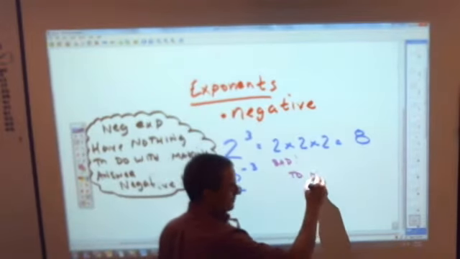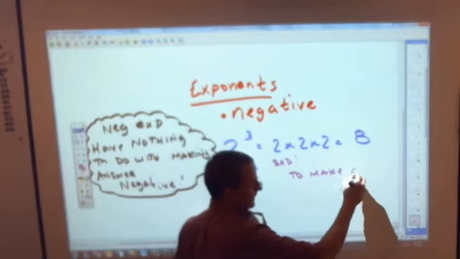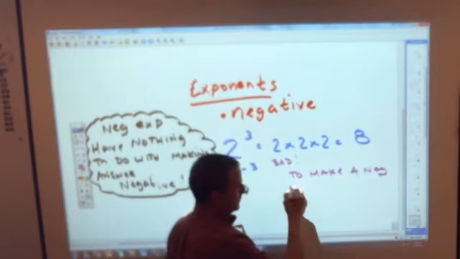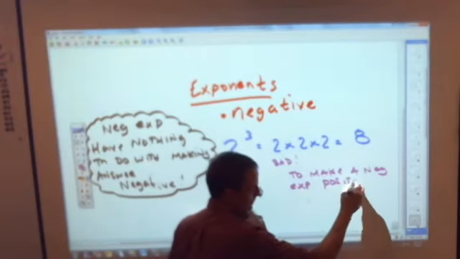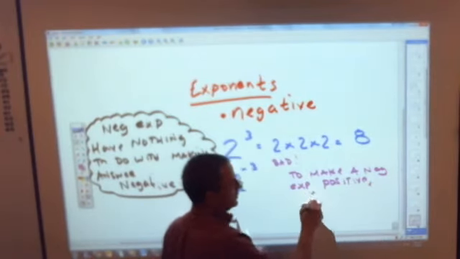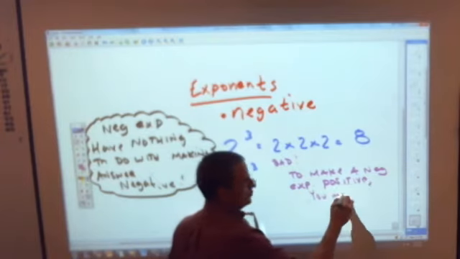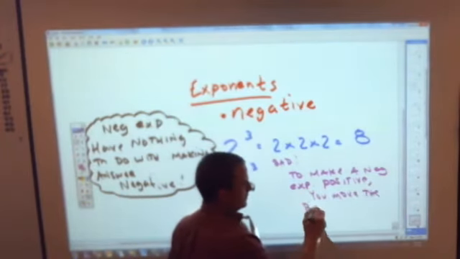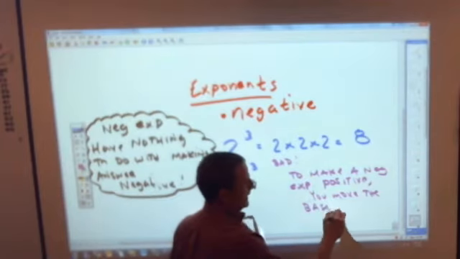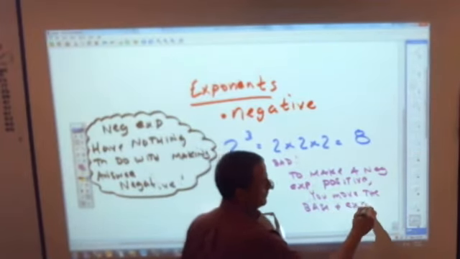To make a negative exponent positive, you move the base and the exponent